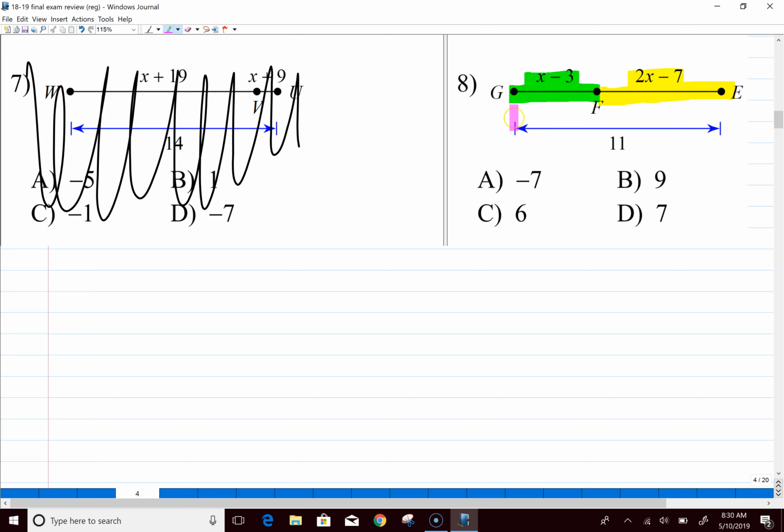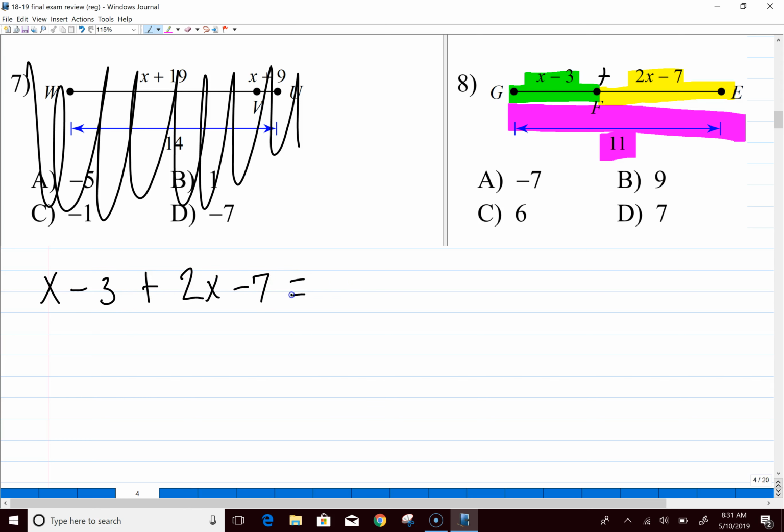The whole thing from here all the way over here is 11. Just so you know what's going on in this picture. Okay? So the way we do this is we're going to do the segment addition postulate. I'm going to get the green part, add it to the yellow part, and say it equals the 11. So I'm going to get this part here plus this part here and add it, equal to the 11. So x plus 3, oh hello, that's a minus, x minus 3 plus 2x minus 7 is equal to